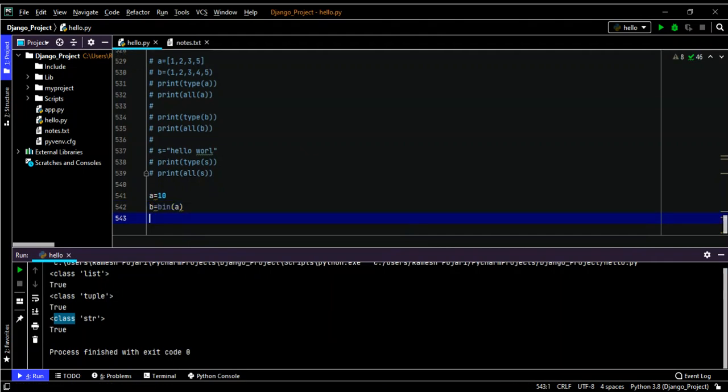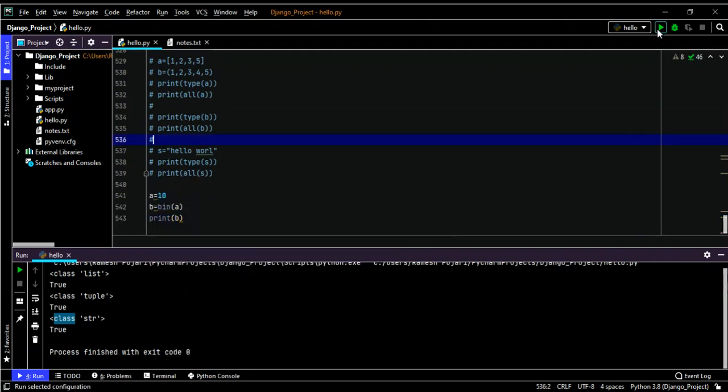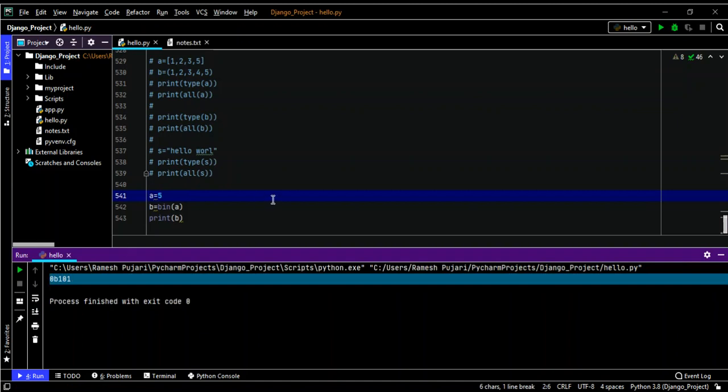Now I have to print b, so we will get the binary representation of the number 10. See, this is the representation of the binary number, and now I will change the number to 5. So you can see that this is the binary representation.